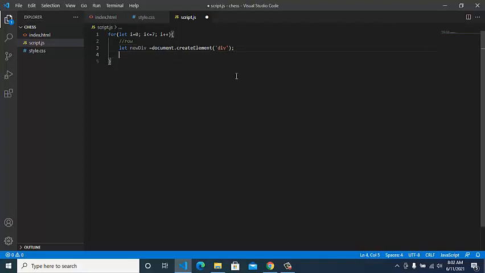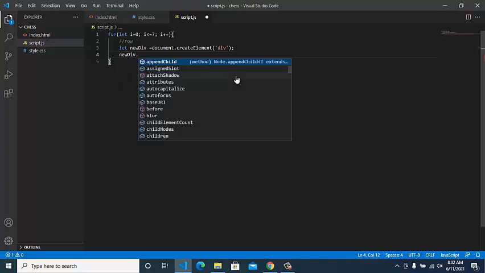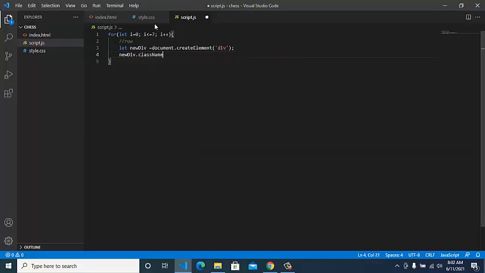After that we have to give a class to the div so that we could style it. Here we can give a class with the help of the variable name dot className, assign it with the assignment operator, and we can give row as a class.